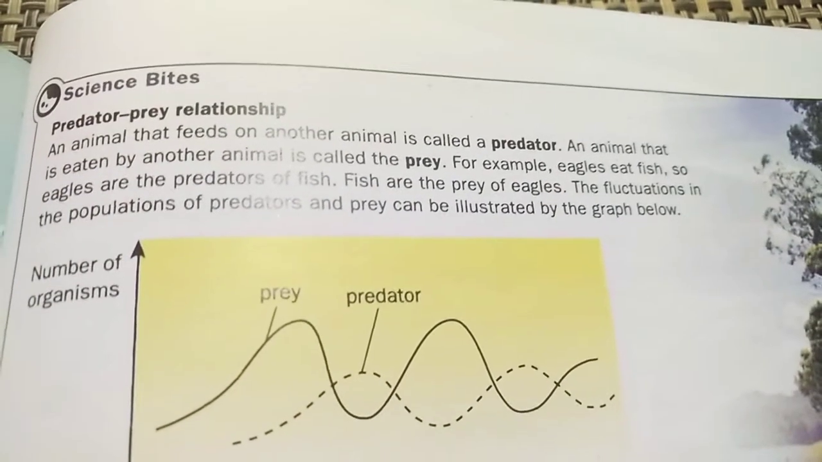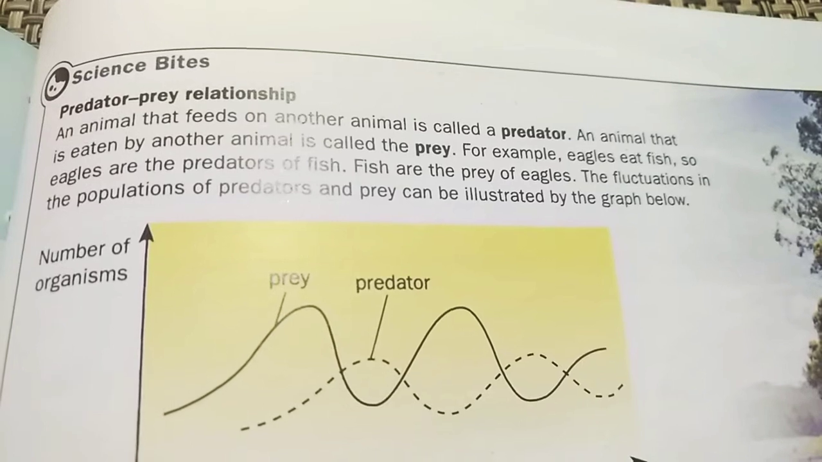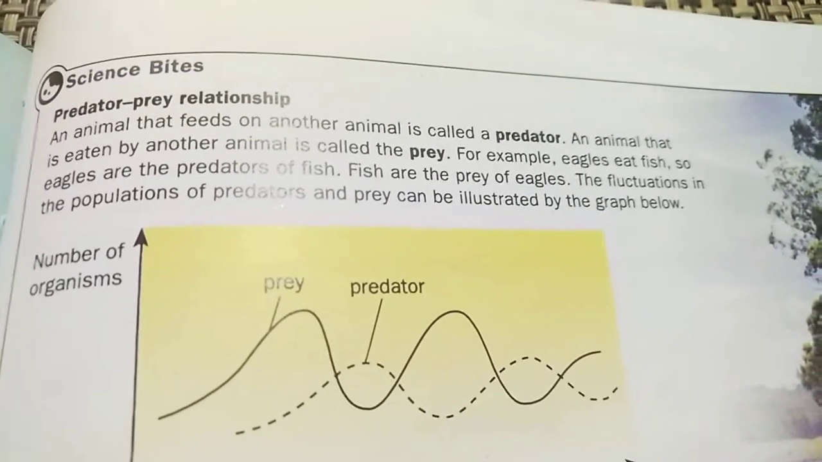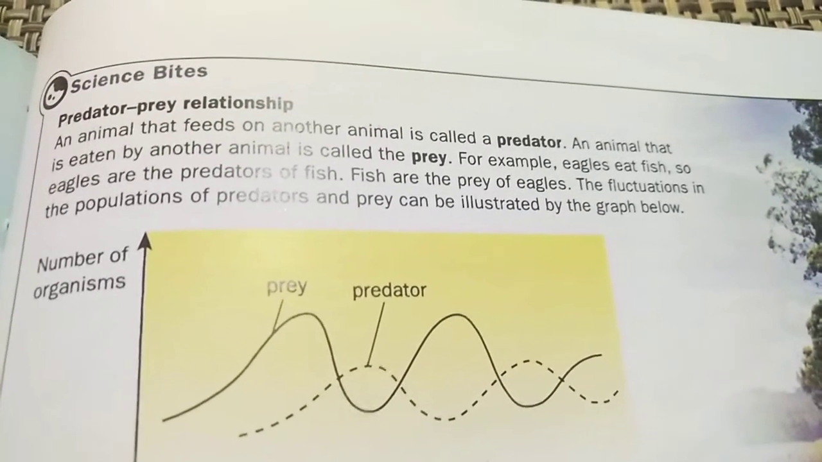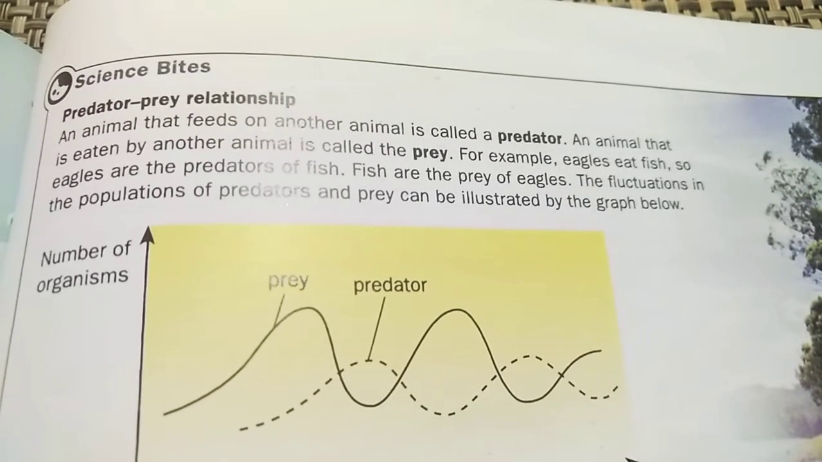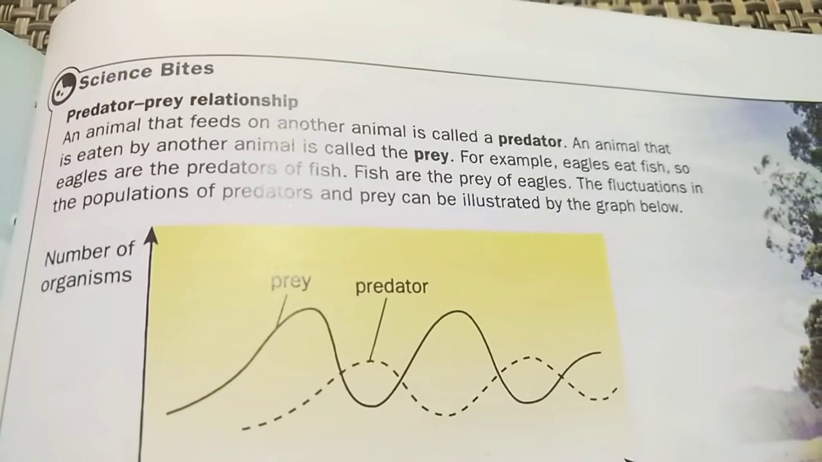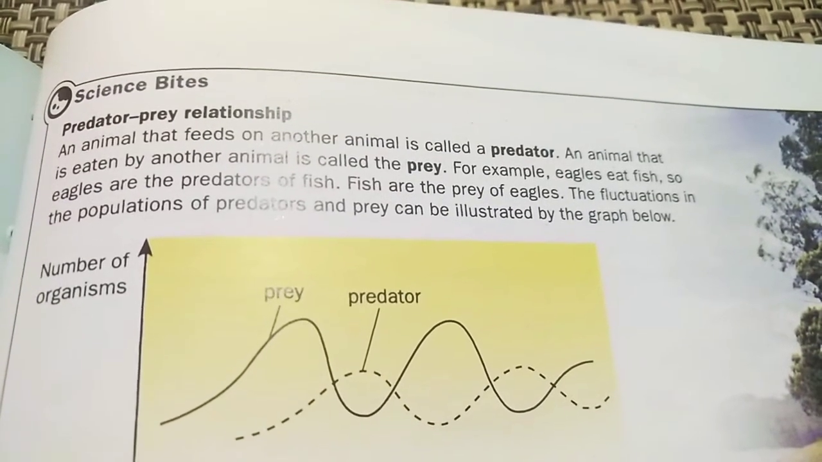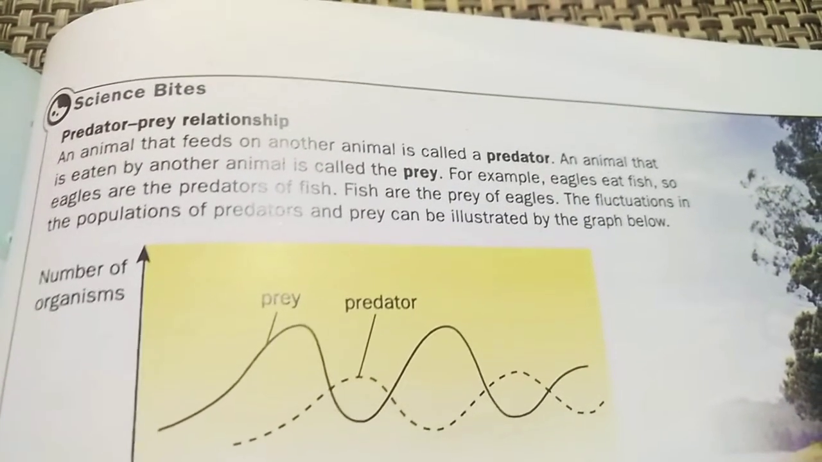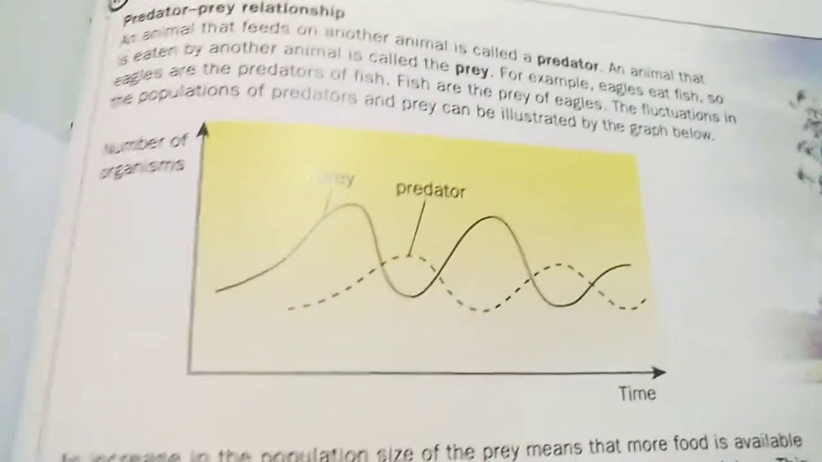For example, eagles eat fish. So eagles are the predator of fish. Fish are the prey of eagles. The fluctuation in the population of the predators and prey can be illustrated by the graph. It means this graph is showing that